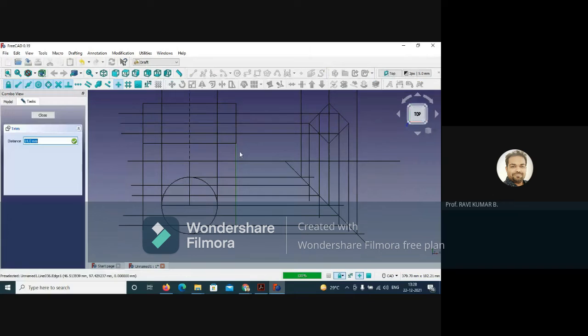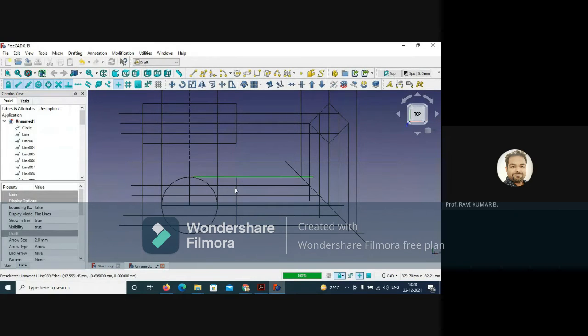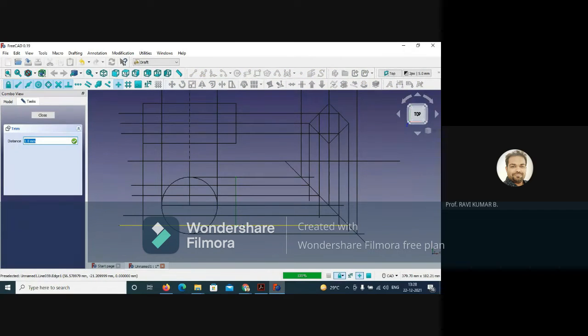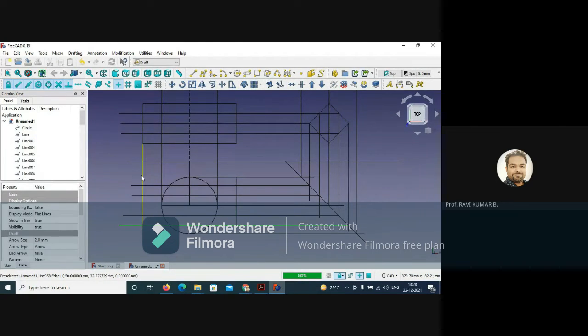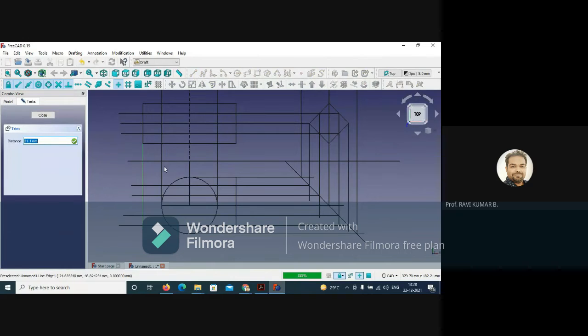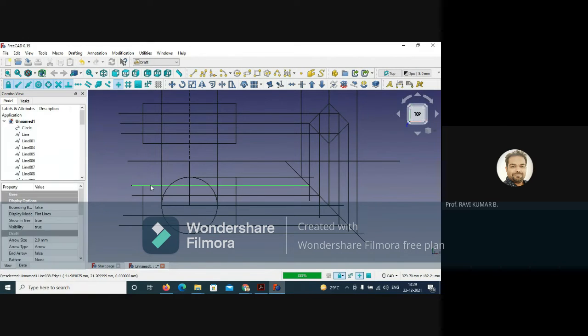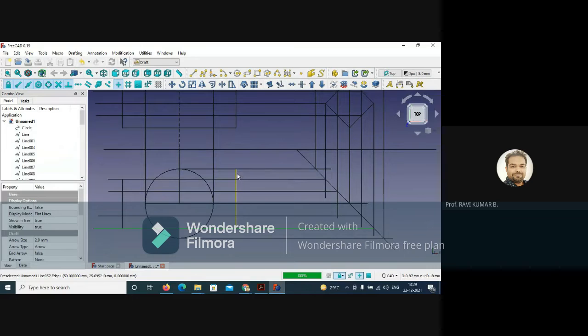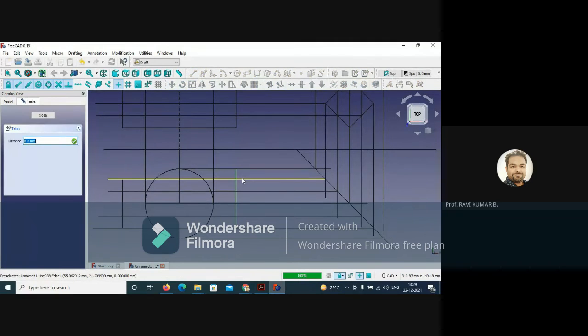All right, so with the extend command, you can just keep it up to here. So this already came. All right, so take this again. Then you can take the extension only up to this point. This is over. Do the same treatment for this. Take this one and extend up to this point, and then again extend this up to this. So this has been created. Here I think we made a mistake. This also needs to be extended only up to this point.